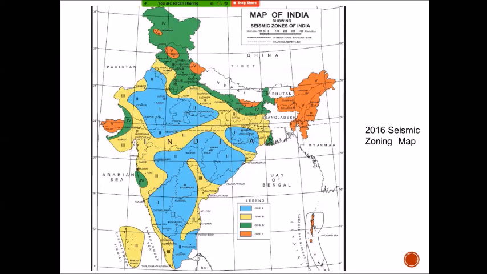When we consider zone 2, it is the least concern. We can say that the earthquake forces in these zones, which are covered in blue color, should be mild and should not affect much. As we go on increasing to the next zones, the earthquake forces are going to be more and more severe. And when we talk about zone 4 and zone 5, these are very, very high risk areas. How these things affect, we will be discussing today.